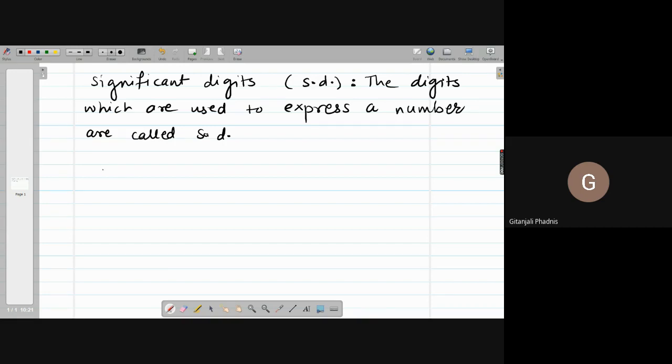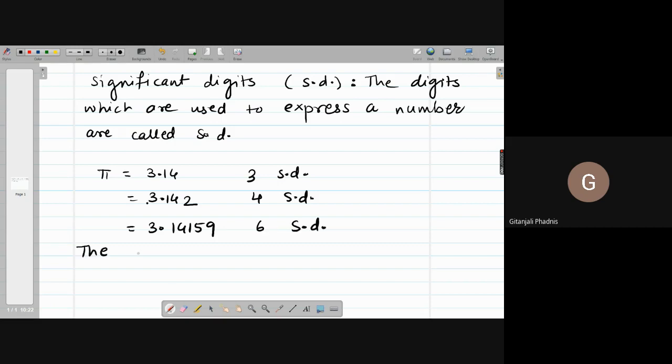See, when I use pi value as 3.14, then this number has 3 significant digits. If I write pi value as 3.142, then it has 4 significant digits. The number before the decimal place, you have to consider that also. It is a non-zero, so all non-zero entries are significant. We will see those notions. If I write this as 3.14159, then it has 6 significant digits.